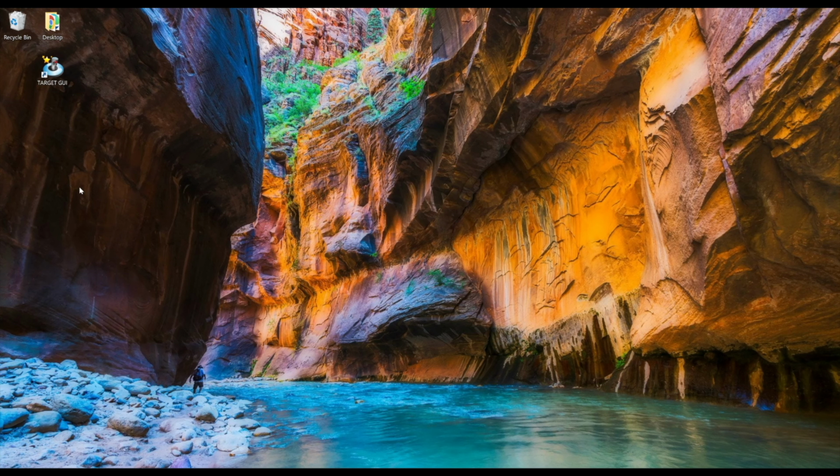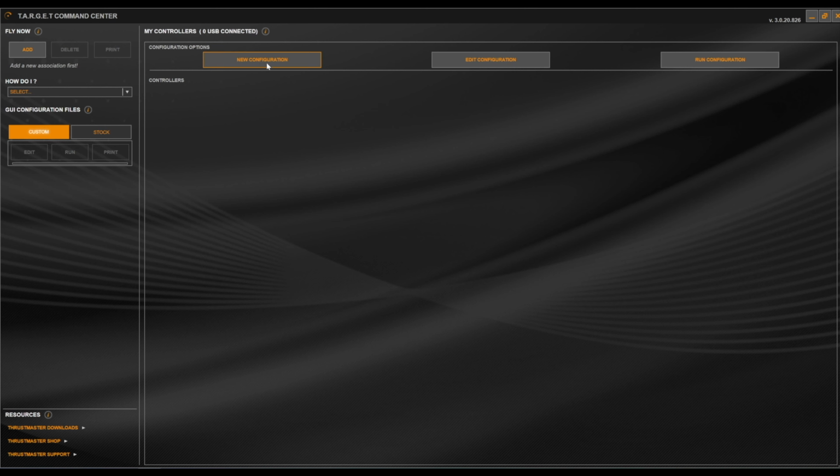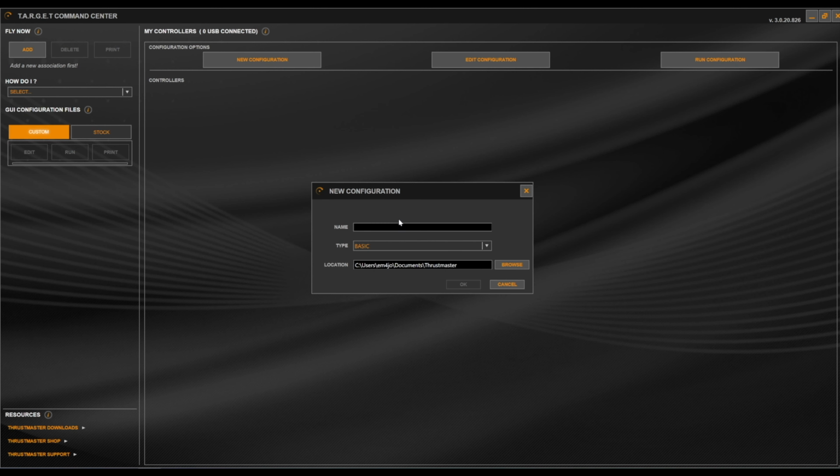Once installed, you'll get this icon on your desktop. Go ahead and double click it and open T.A.R.G.E.T. Now that T.A.R.G.E.T is open, go ahead and click New Configuration. You're going to want to give your profile a name. Now, I suggest that you always use the Advanced. The Advanced profile has extra features you may not need, but should you need them in the future, you won't have to reprogram it. You can go ahead and choose the location where you want to store your folder, and